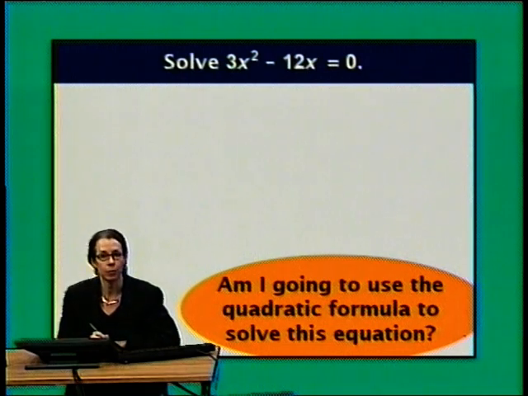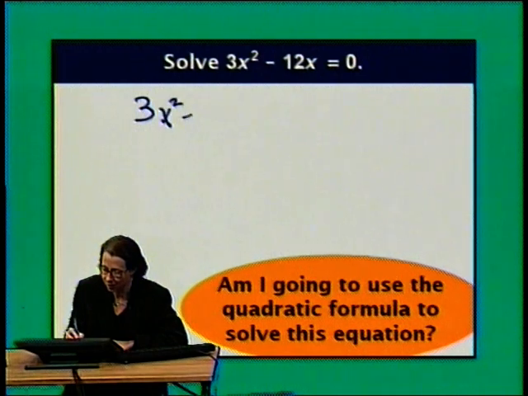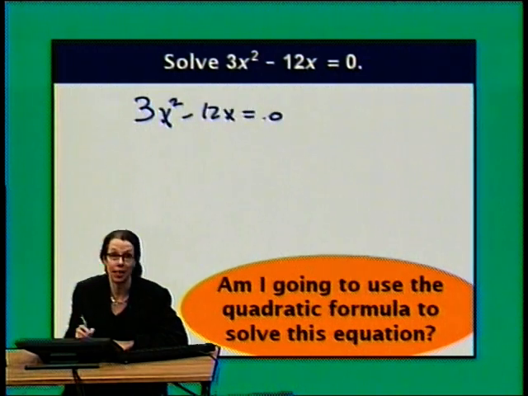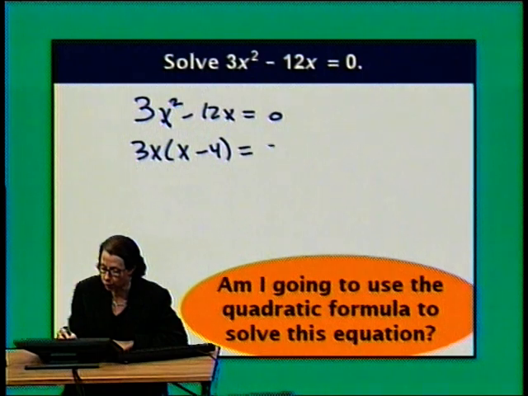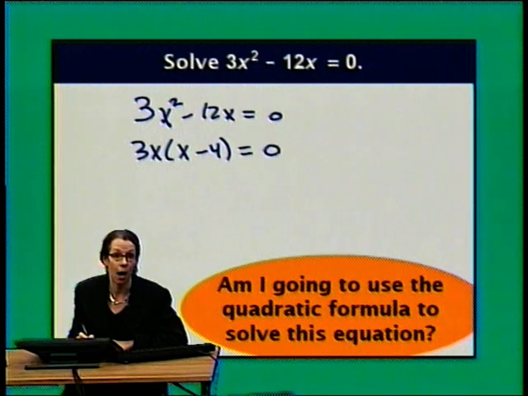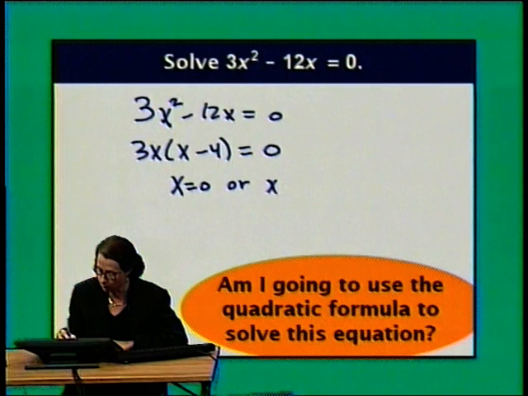Here's another equation. Am I going to use the quadratic formula to solve this equation? Well, I certainly could, but the left-hand side of this equation looks like it can be factored fairly easily. So I'm going to factor and then use the zero product principle. The reason why I say this is an easy factoring problem is I have a common factor of 3x in both terms, leaving behind a factor of x minus 4. So either 3x equals 0, so I have x equals 0, or x minus 4 equals 0, so x equals